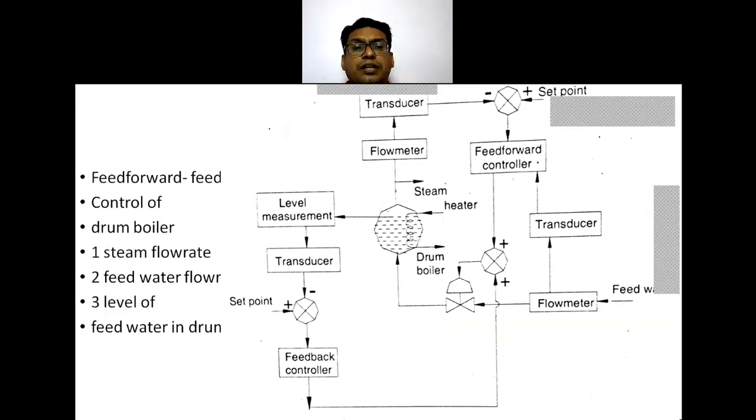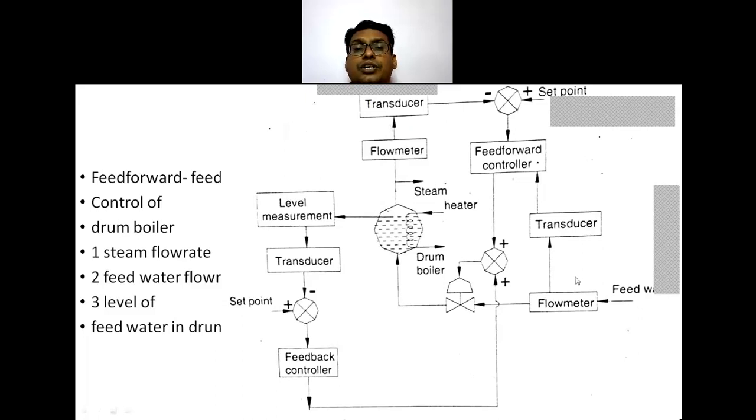Then similarly, there can be the feed forward feedback control of a drum boiler. In this case, the steam flow rate is to be measured, that is going to a transducer and feed forward controller. Then second is the feed water flow rate. This is my feed water flow rate, and the steam flow rate is this thing. This is my outlet steam flow rate, which is to be measured,